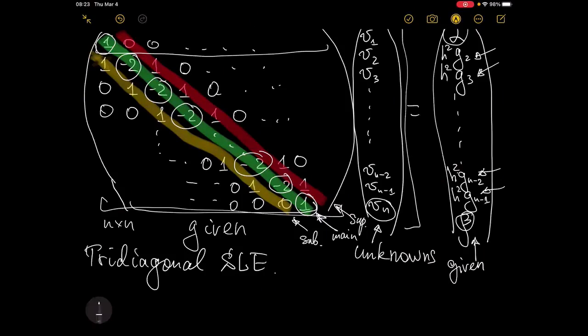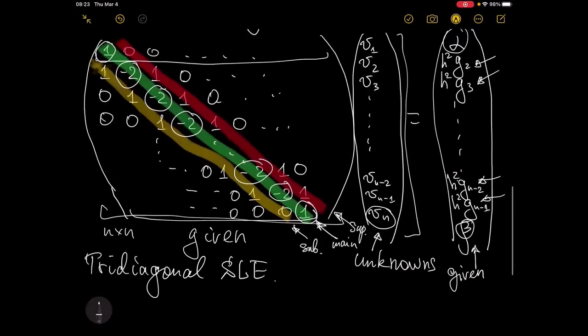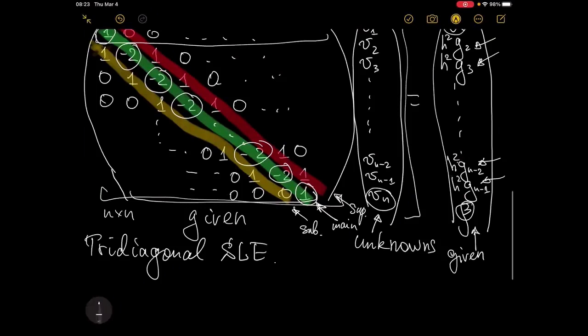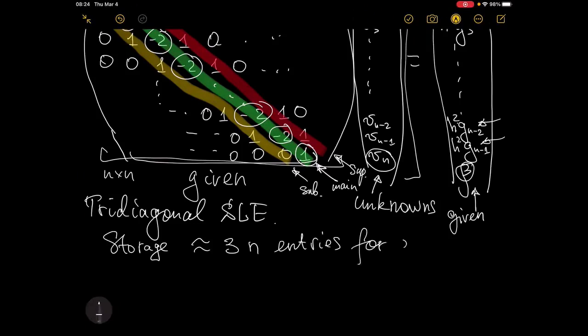That's clear. Okay, thank you. But we have 3 diagonals, right? We have the superdiagonal. It doesn't matter whether it's n minus 1 or n minus 2 elements, it's all of the order of n. And we have the subdiagonal. So approximately 3n entries